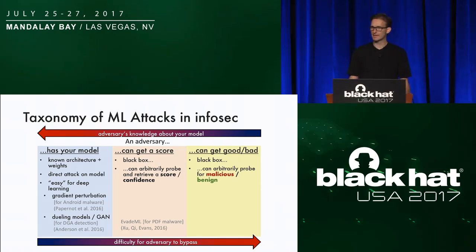The area that we're interested in today lives in the final box, and it represents kind of the most real-world attack and maybe the most ambitious of these. And that is, the adversary knows absolutely nothing about your model. He has API access to it, and he can only get sort of a thumbs up or thumbs down. You give it a sample, and it responds with malicious or benign.